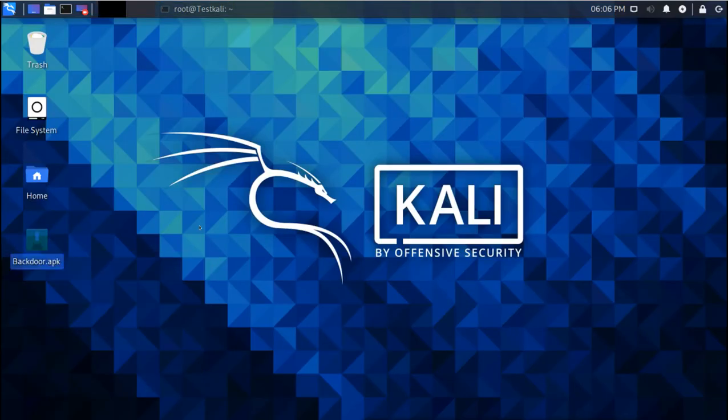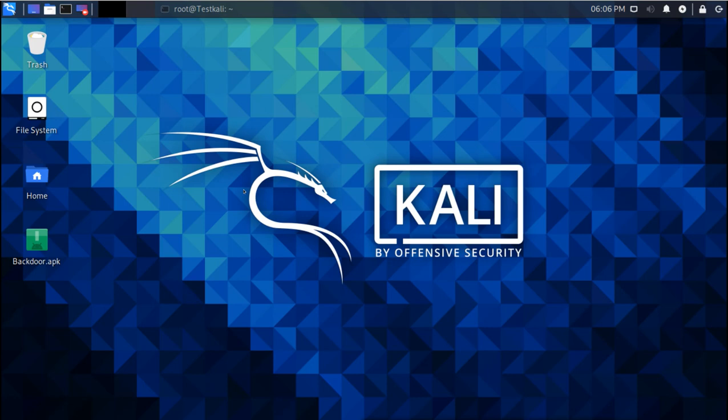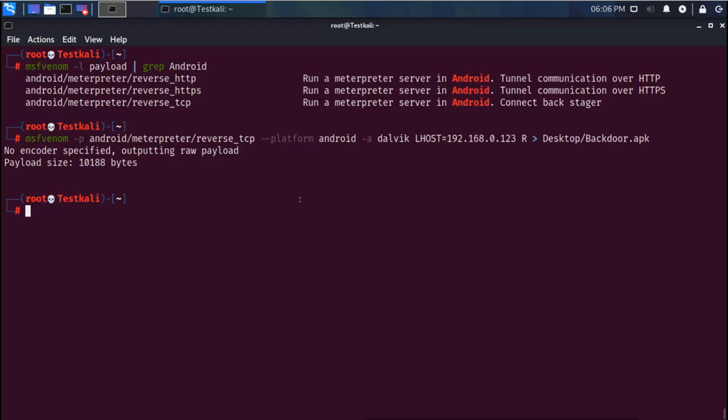Now what we have to do is forward this apk file to the device user, the Android user, and trick that user into installing this application. Now when the user installs this application, we are ready to connect to that Meterpreter payload.